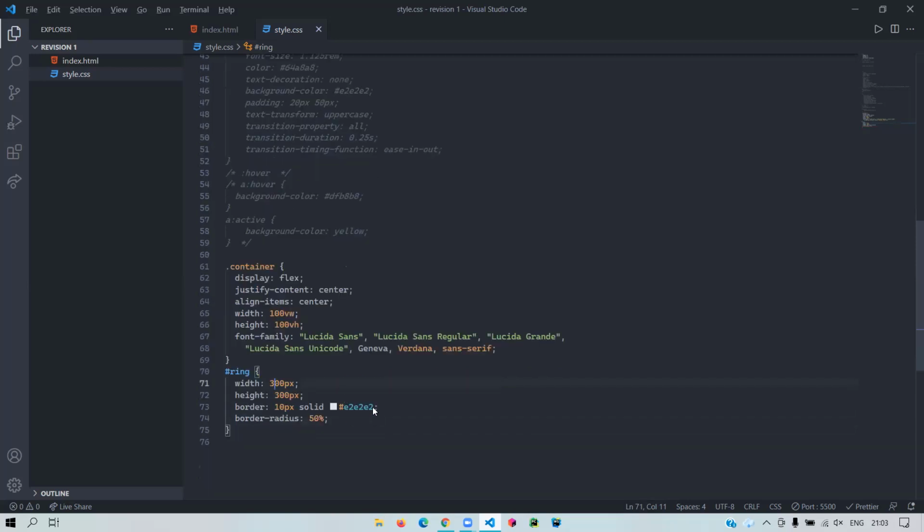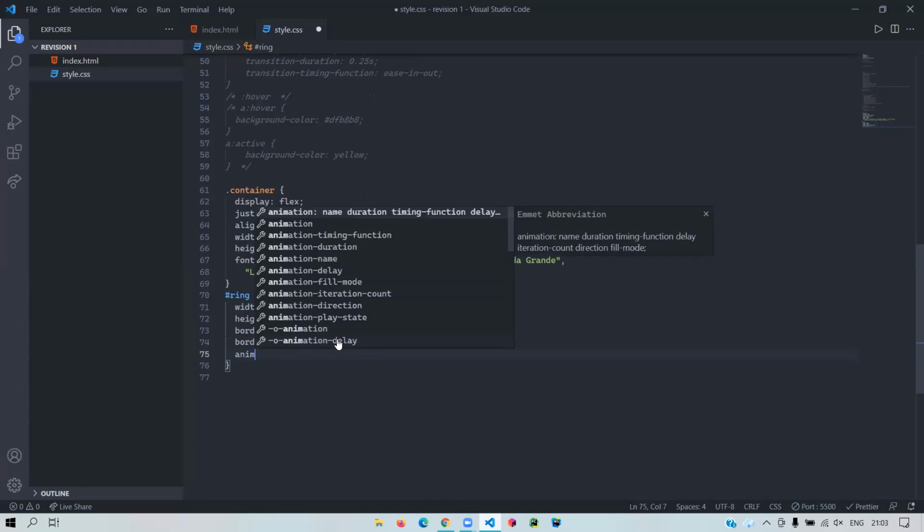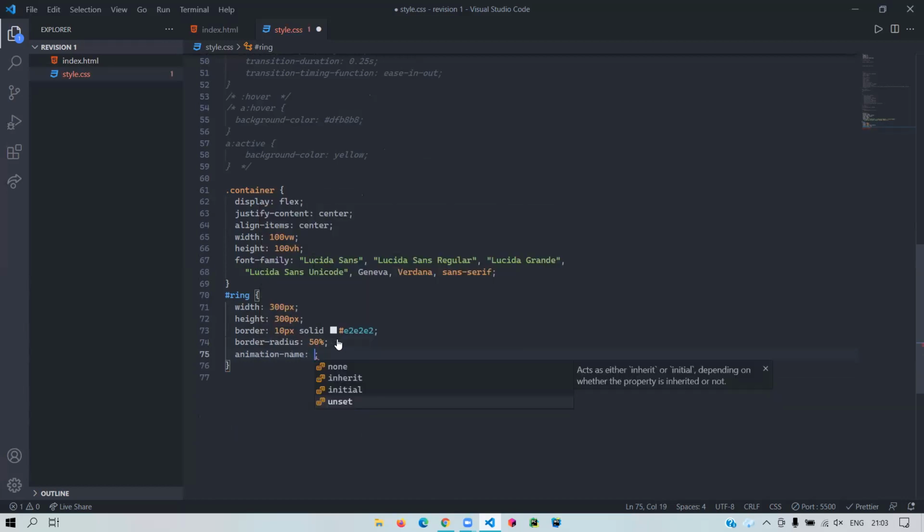Now I'll go over animation, and I'll also pose a challenge today. I'll basically show an animation which I had created a few weeks ago, and then you are required to replicate it. So I'll just give you a hint as to what I did, and then you need to use that. So again, I'll be using all the properties. I won't use the shorthand for animation so that no one has any problem understanding it later on.